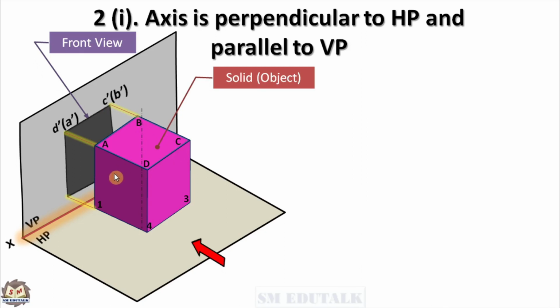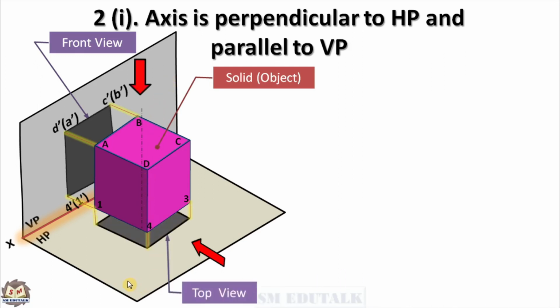Next, the name of the rectangle's bottom right corner should be written as 3 dash bracket 2 dash. In this pictorial representation, you are not able to see this. Finally, the name of the rectangle's bottom left corner should be written as 4 dash bracket 1 dash. Similarly, the square prism's top view is projected to the HP as a square. Let us see how to assign the names to the square.